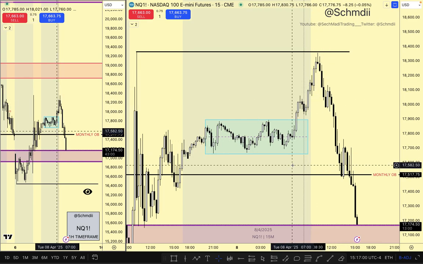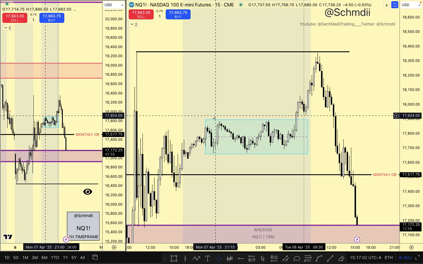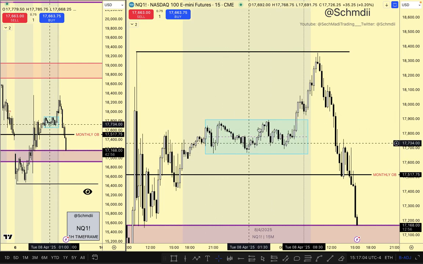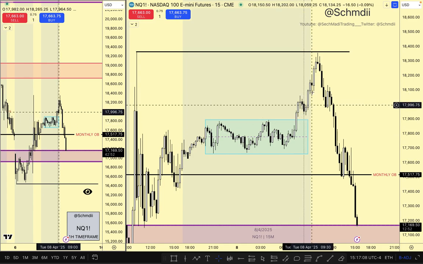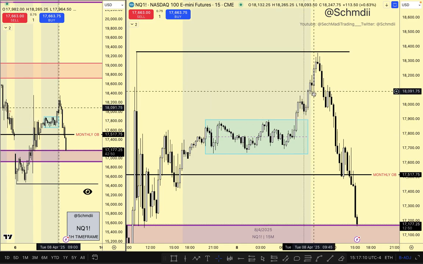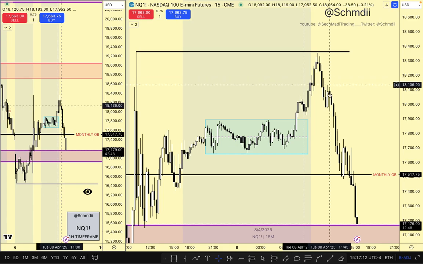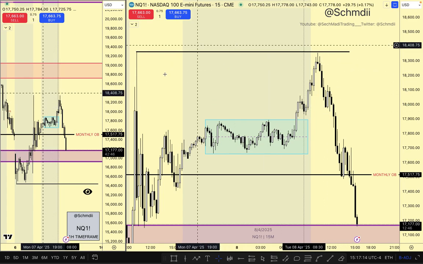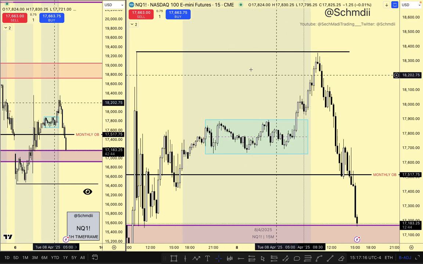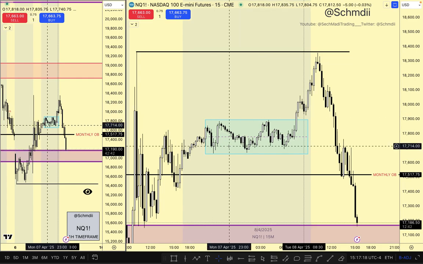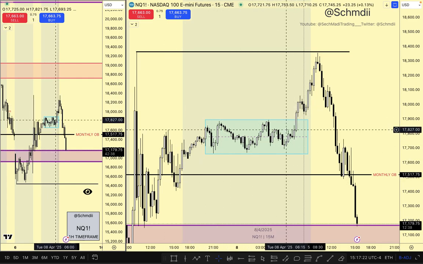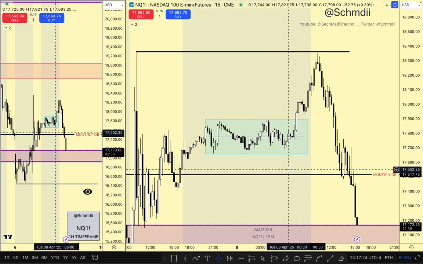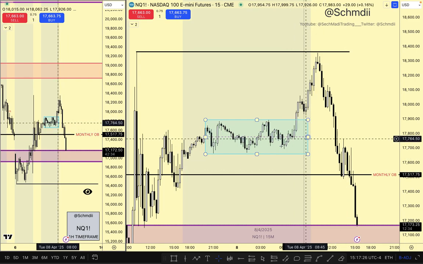But then what caught my attention was this formation, like this consolidation. It shot up, dipped, shot up, dipped a bit, shot up, and then began to reverse. When I saw that, I was thinking market maker model. So this example is obviously bearish, but the cool thing that I was anticipating and got to experience was that as